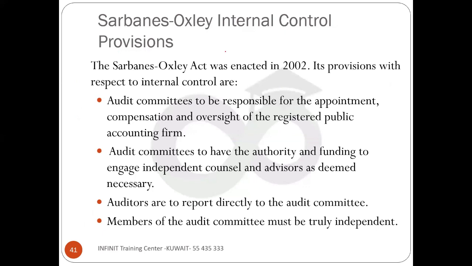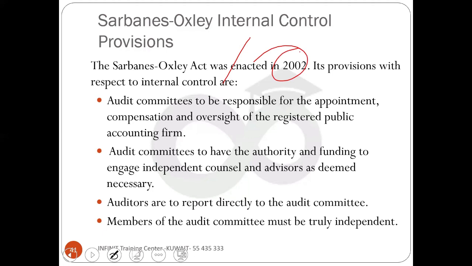So again, this is another piece of legislation, the Sarbanes-Oxley Act. What are the things mentioned in the Sarbanes-Oxley Act about internal control provisions? The Sarbanes-Oxley Act was enacted in 2002. Its provisions with respect to internal control are: